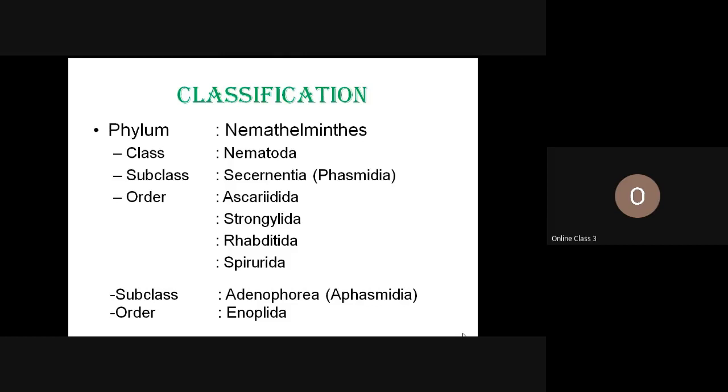Under this one, as I said in the last class, we have two subclasses. One is Secernentea and another one is Adenophorea. Earlier, the classification of a nematode was based on phasmida and aphasmida. What is phasmid? Phasmid and aphasmid, the name is derived from